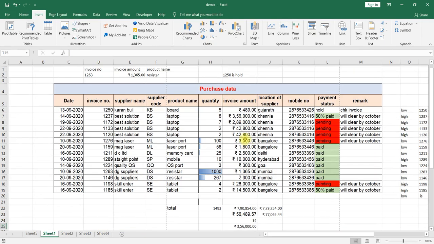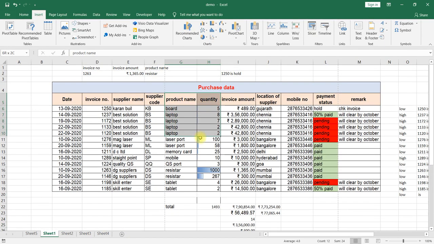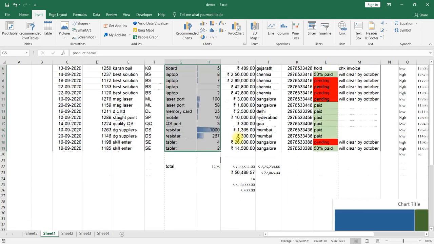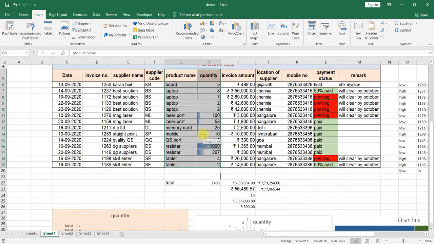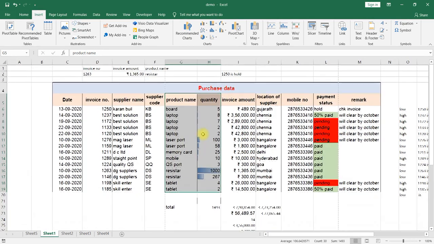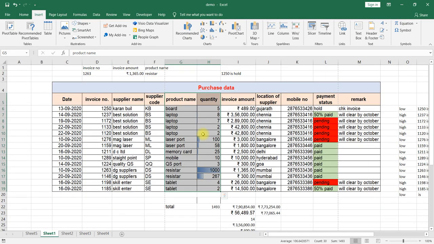First we have to select the columns, the things you would like to take into the chart. At least one column should have values and one column should have text. Then we go to inserting a chart, so that it shows how exactly the data looks. This is about how to insert a chart in MS Excel.